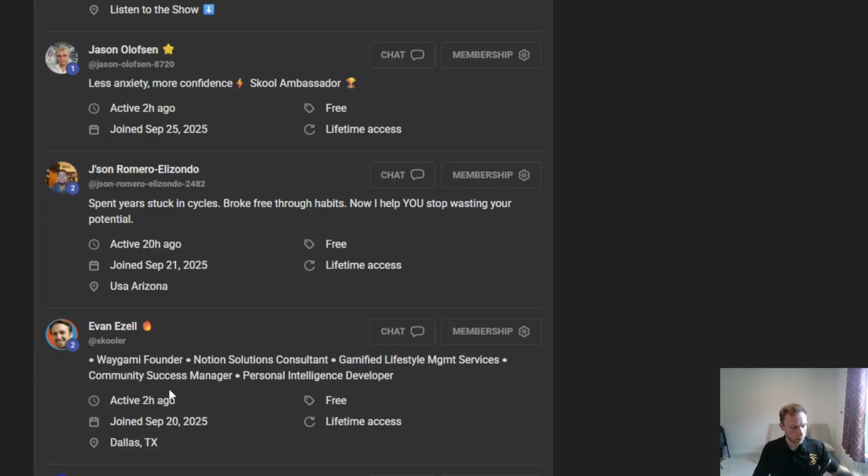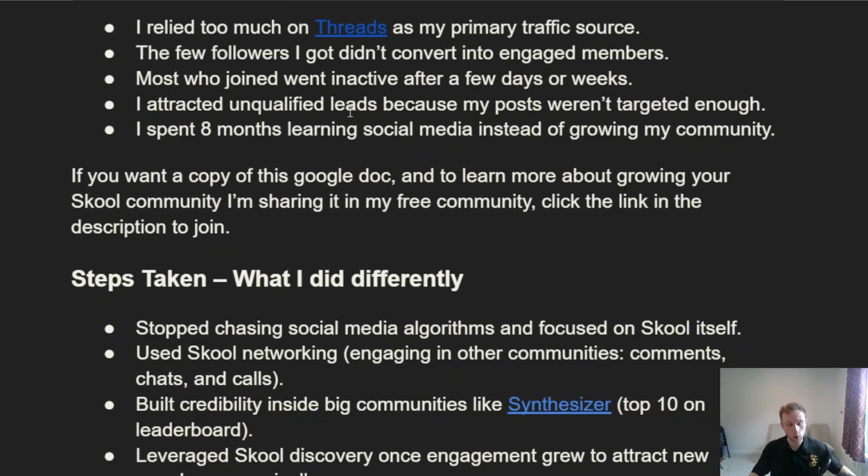So I think this is a great starting point for a lot of people that are already on the platform, because they're also familiar with the platform. They don't have to learn so many things about the platform because they're engaged with it already, like Synthesizer. So if you wanted to translate this for your own community, say you run a sports community like tennis or badminton, maybe something like that, it could be best for you to start going on communities that are at least not.